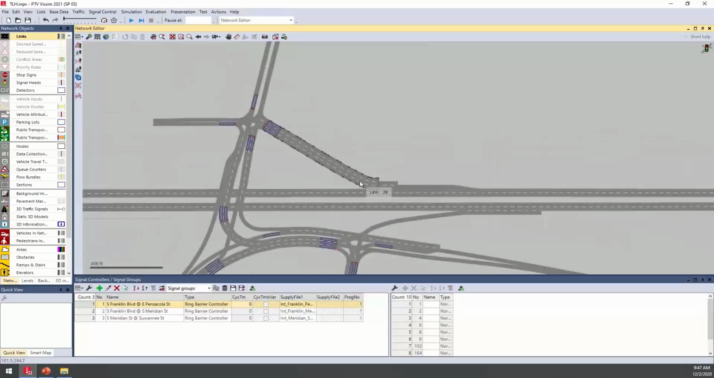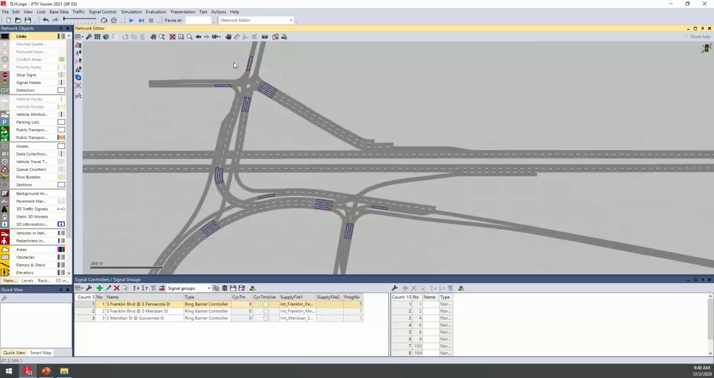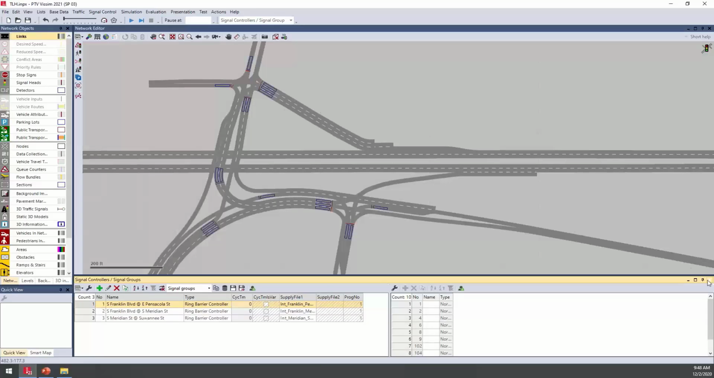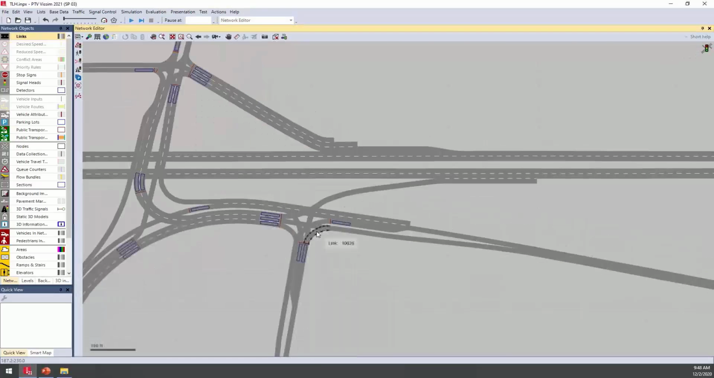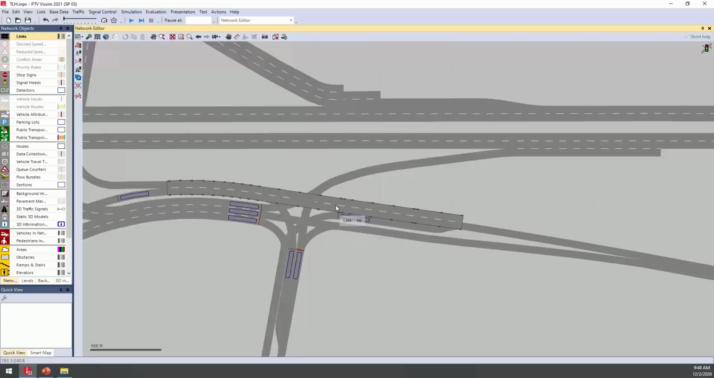Okay, and then so in this model we have intersection or signal controller number 1 up here, and then this one down here is for number 2, and then we have number 3 over here. So for number 3, I just wanted to go through and add in a couple other of these signal heads and detectors. Another useful feature when you are modeling and adding in a lot of these signalized intersection control